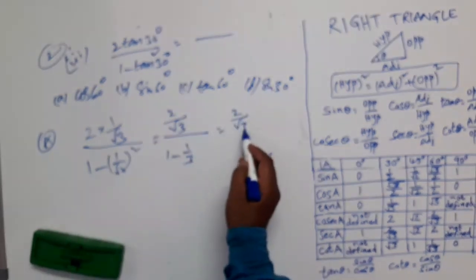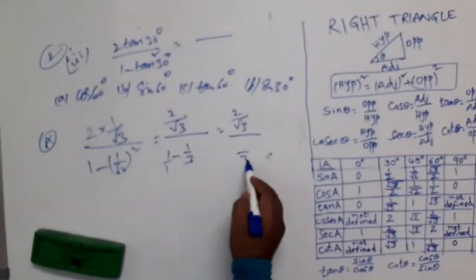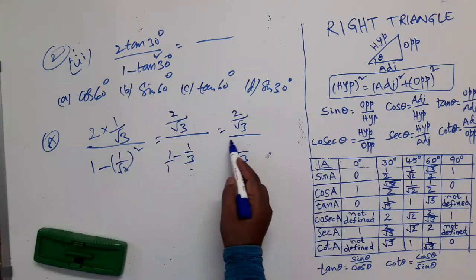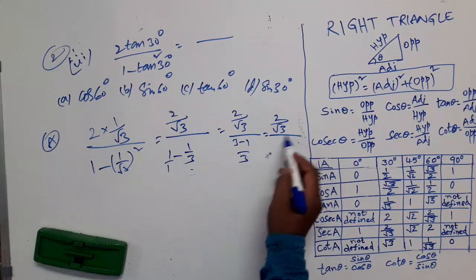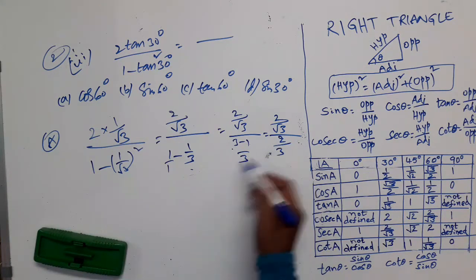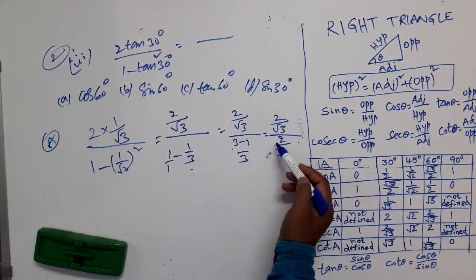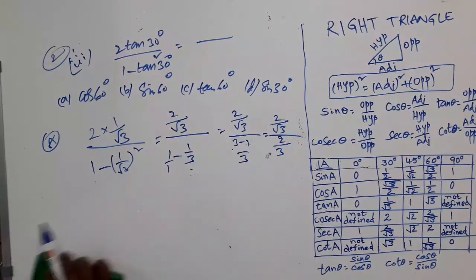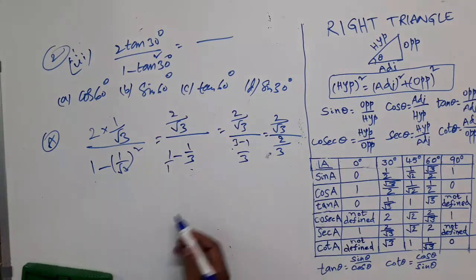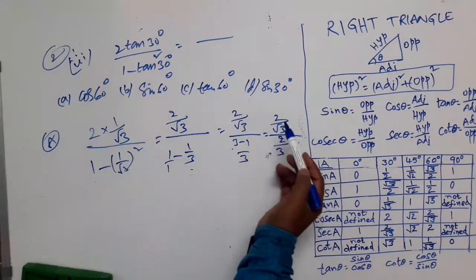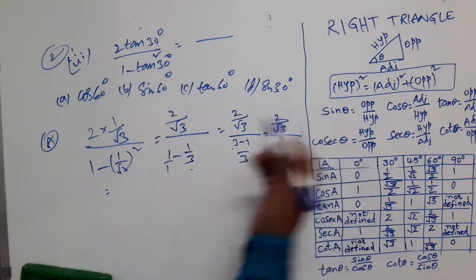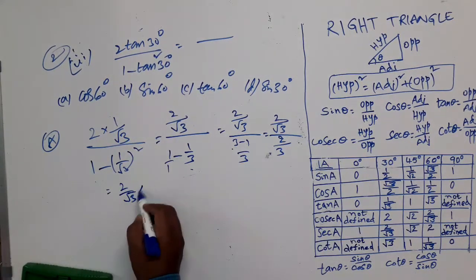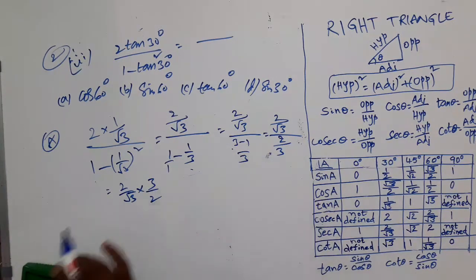So this is 2 by root 3 divided by, how can you simplify this? 1 minus 1 by 3, LCM is 3. 3 ones are 3. 3 minus 1. So this is 2 by root 3 divided by 2 by 3, since 3 minus 1 is 2. Can I cancel these two? Yes. If you get confused, don't cancel directly. In the earlier questions we have discussed, this is of the form a by b whole by c by d. So how can I write that? A by b multiplied by d by c. So 2 by root 3 multiplied by 3 by 2. You can write like this.